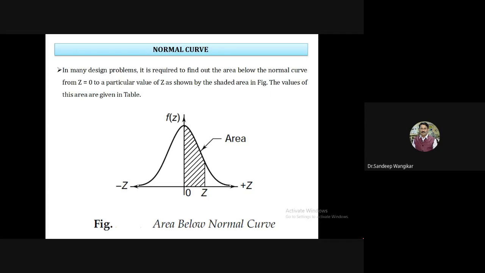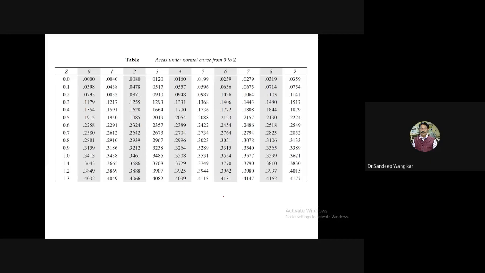This is the same normal curve shown here. So you can call this as the normal curve. And this is the area below the normal curve. Now this is Z value assumed. Z value is equal to, we will assume something. And this is the shaded area shown. So this is area under this particular normal curve and it is given in the table. So let us assume any one value. I will say that Z is equal to 1.33. So how to refer the table?